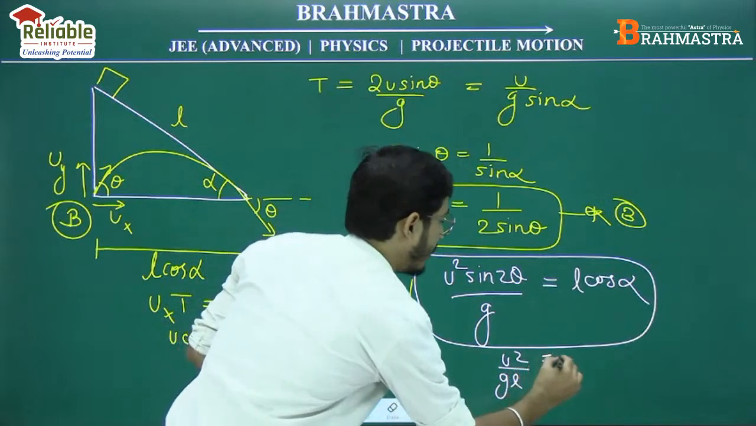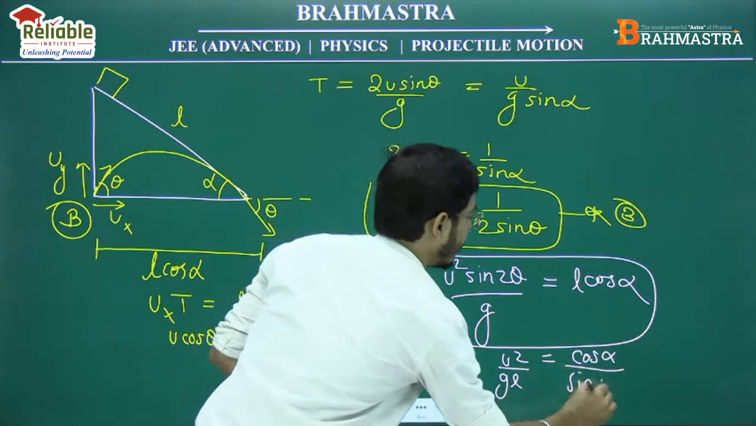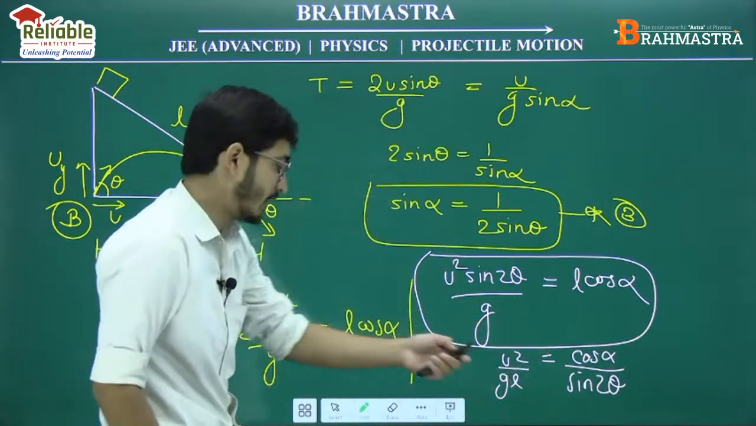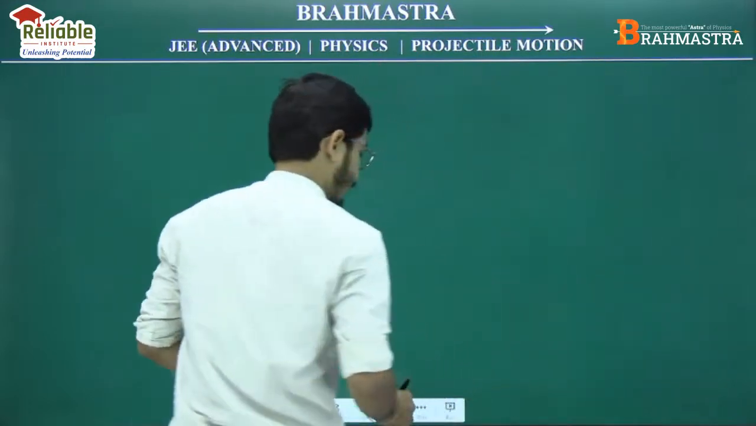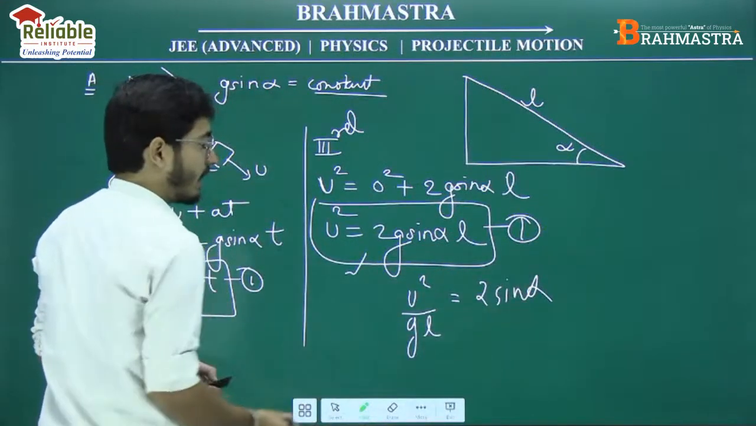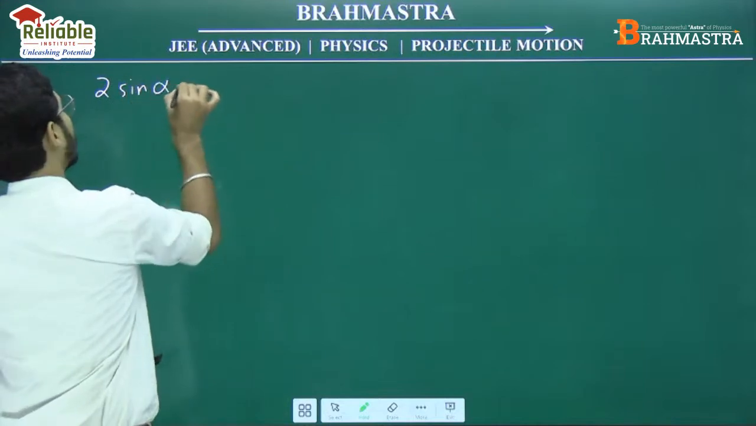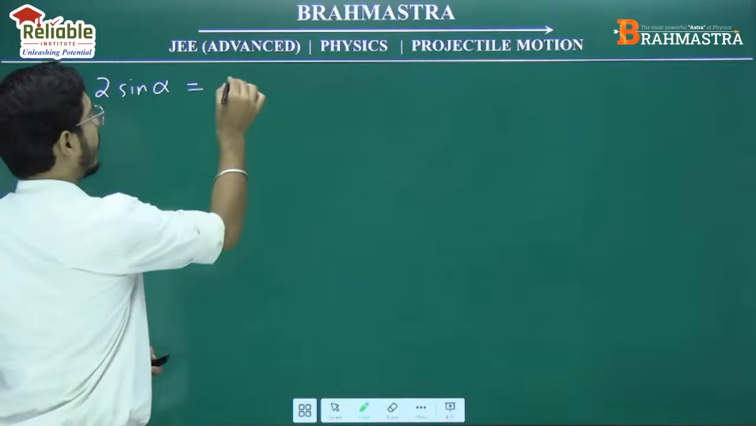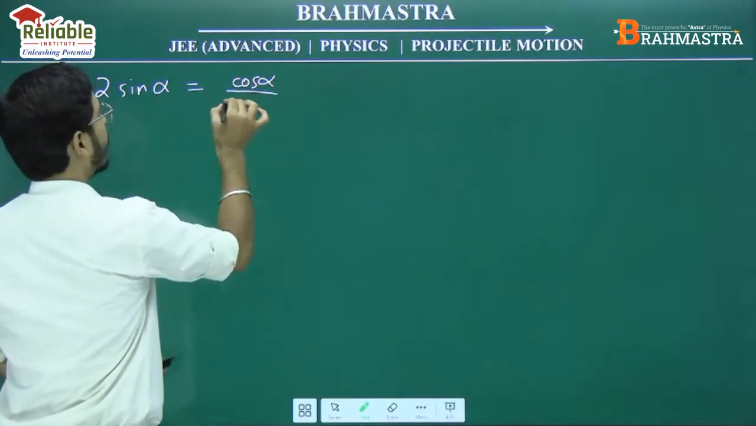तो u²/gL की वैल्यू मेरे पास आ रही है cos alpha / sin 2θ। u²/gL की वैल्यू cos alpha / sin 2θ, यहां से क्या आ रही है 2 sin alpha, यहां से आपके पास आ रहा है 2 sin alpha। ओके, सो दिस 2 sin alpha becomes equal to cos alpha upon sin 2 theta, cos alpha upon sin 2 theta।